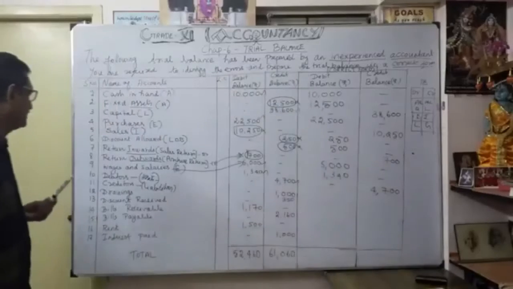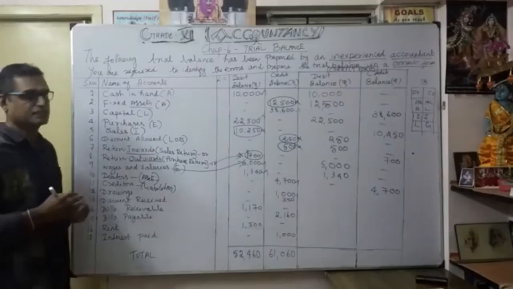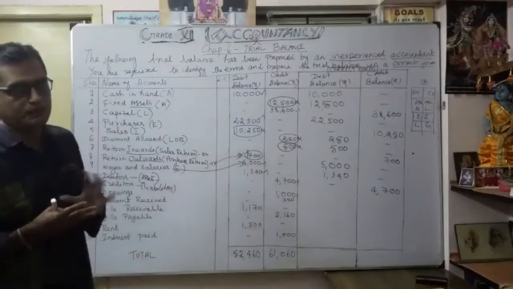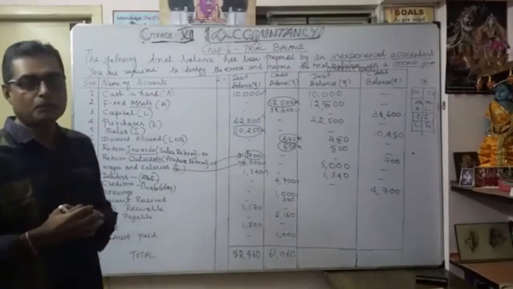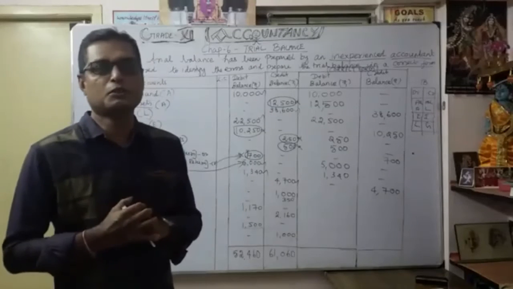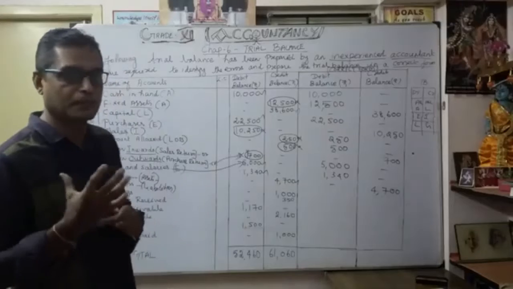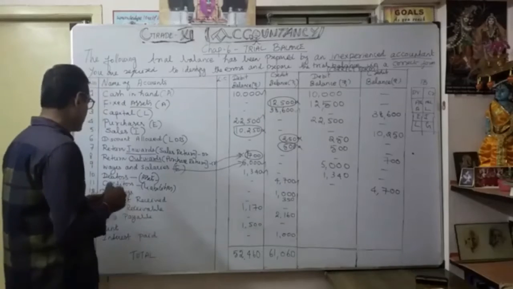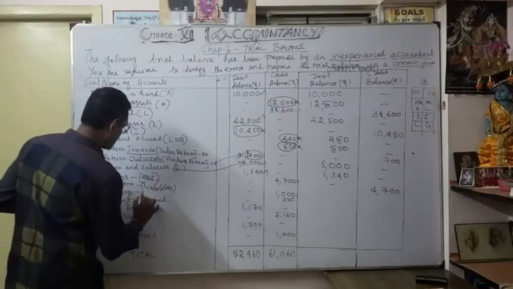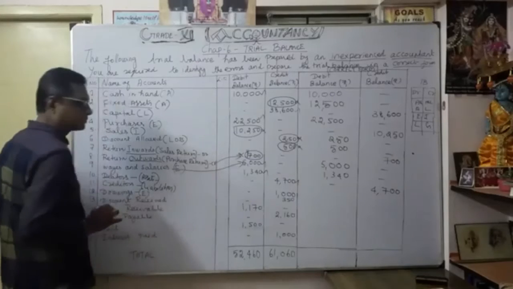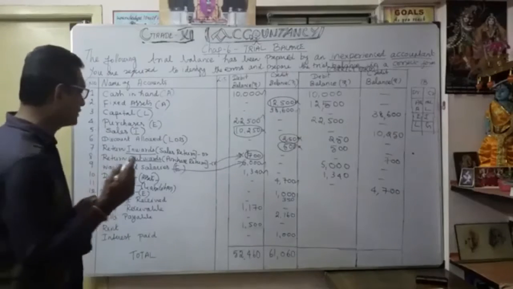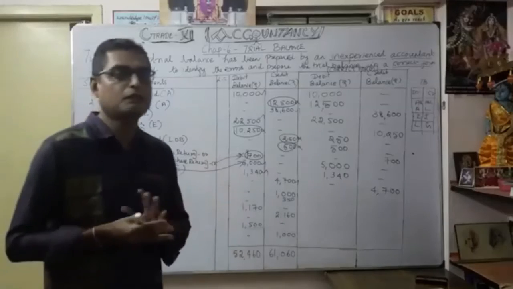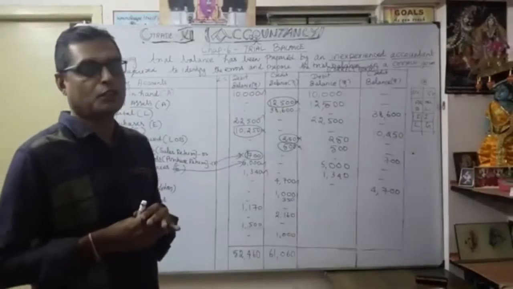Now let's see the next one. Drawings. Yes. What is drawings? You know very well. Any businessman withdraws money for personal use. Understood? So we say it is called drawings, maybe in the form of cash or even purchases. Here they simply say drawings. So what do we consider drawings? It is an expense of the company. Or exactly, we are going to deduct it in the balance sheet later on. When you learn about the final accounts, we are going to deduct drawings from the capital.